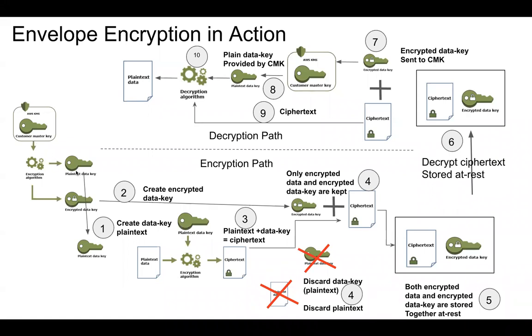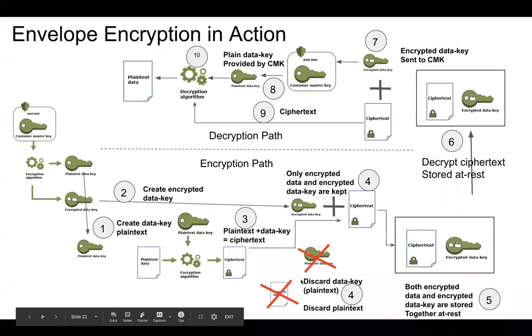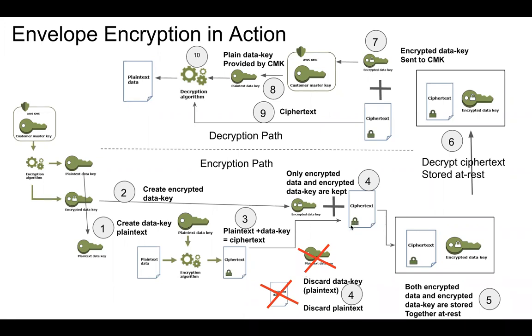So we get a copy of the plain text data key as well as the encrypted data key. So you use the plain text version of the data key to encrypt the data, right? The plain text and the plain text data key, you get a ciphertext. So you can throw away your plain text and your plain text version of the data key at this point in time. It's not needed. So if you want to store it, you store your encrypted data key as well as your ciphertext together at rest, or you can send both to somebody